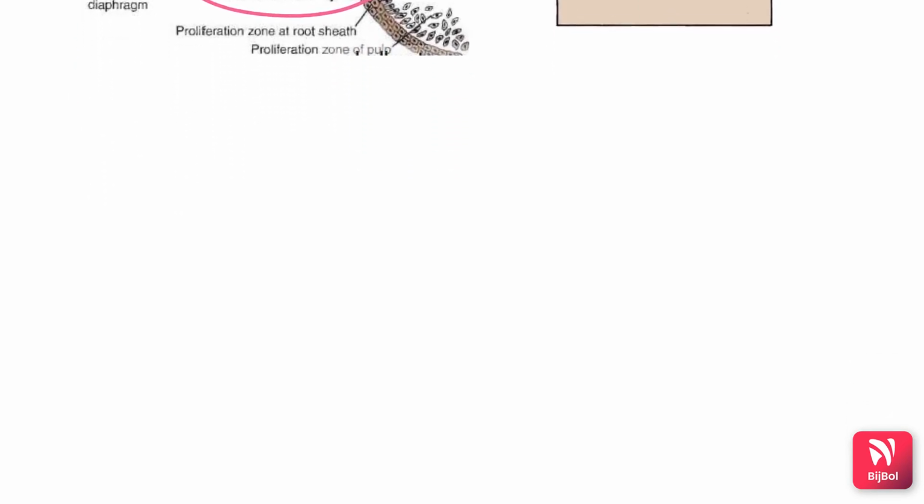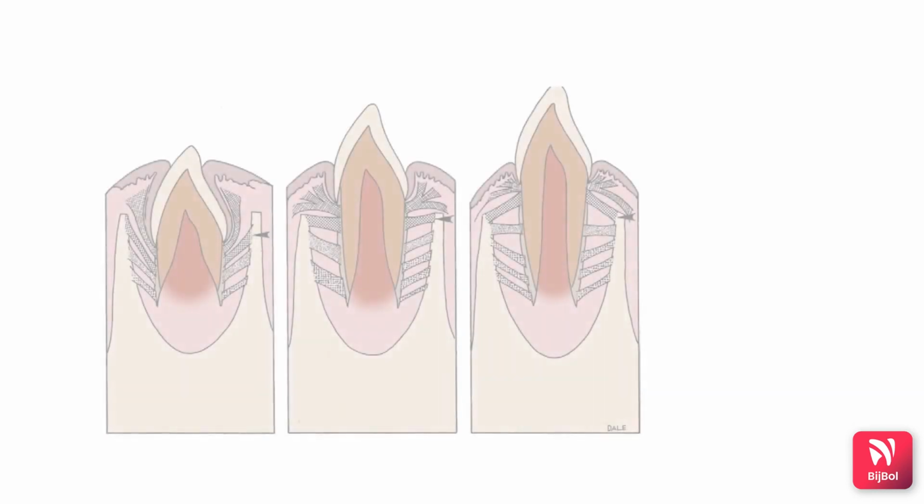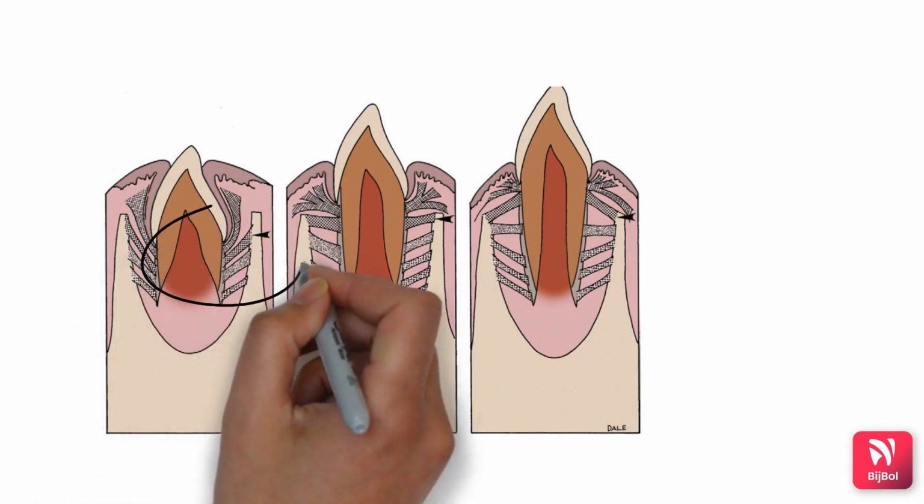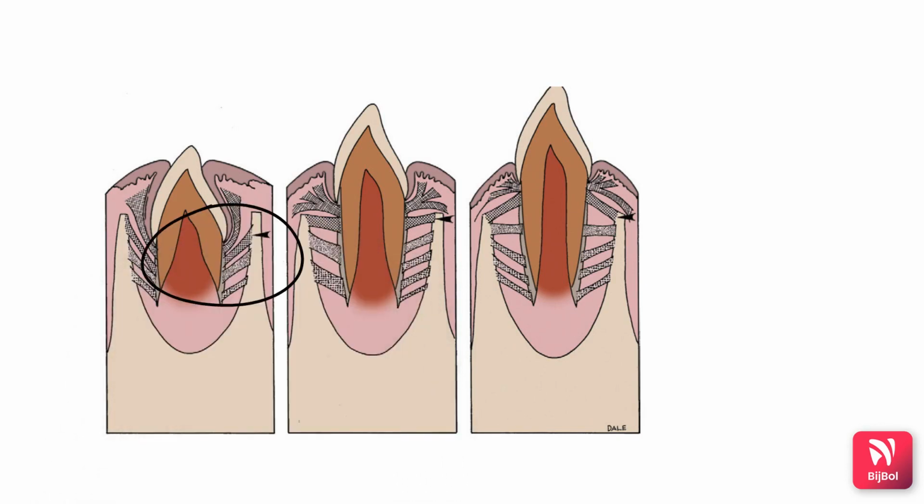After the alveolar crest group of fibers are formed, as the root is forming, there will be slow movement of the tooth towards the occlusion. So eruption will start. As eruption as well as root formation begins, more and more collagen fibers start to deposit. If you see in this first picture, more and more collagen fibers have been deposited. As the tooth moves towards the occlusion, the middle fibers which are oblique will start to become horizontal. As you can see, some are horizontal, right?